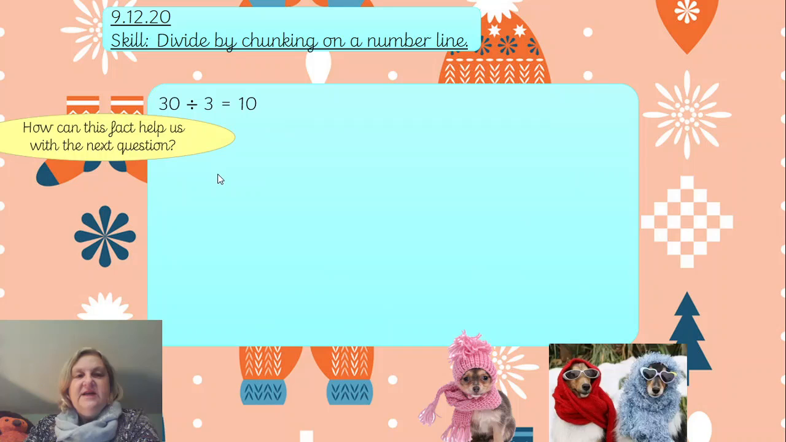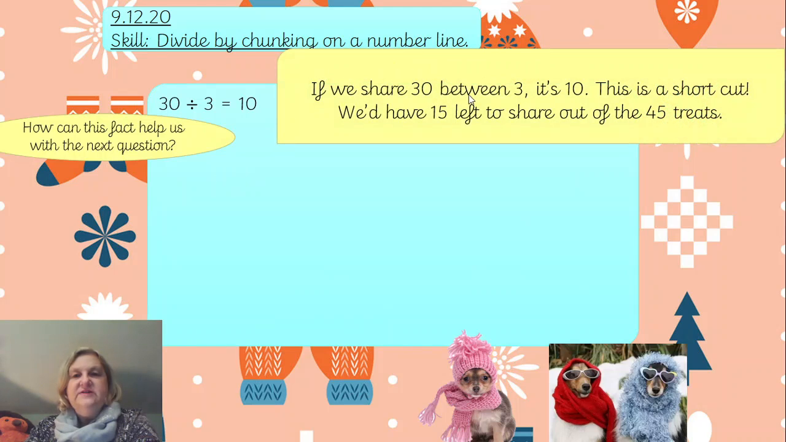Here we've got it again. It can help us if we share 30 between 3, it's 10. This is a shortcut. It's taking a massive chunk, and that's what this learning intention, this skill of ours today, is to find out what this chunking is represented by and how we can do that. We can chunk one set of 10 and take that big chunk off,